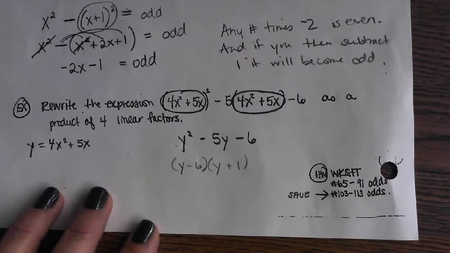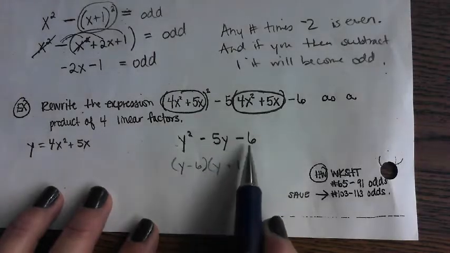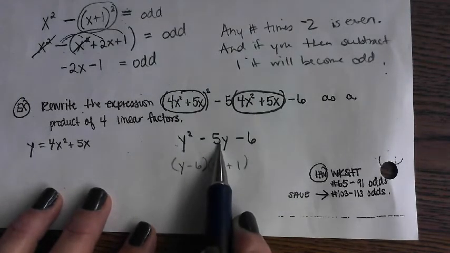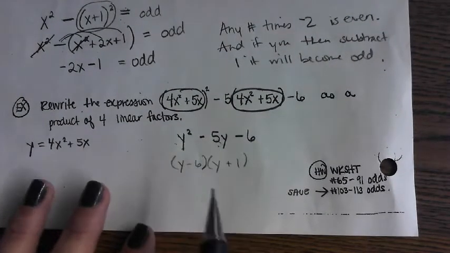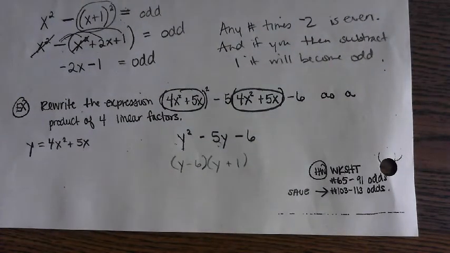No? No one used 2 and 3? 2 and 3 makes 6 and adds to get 5? No? Well, that's good, because that would have been the wrong one. But this is one of those very rare, tricky ones where it kind of is tempting, because you do think